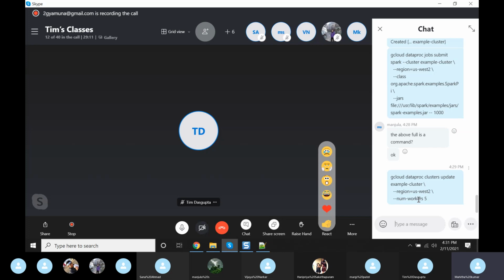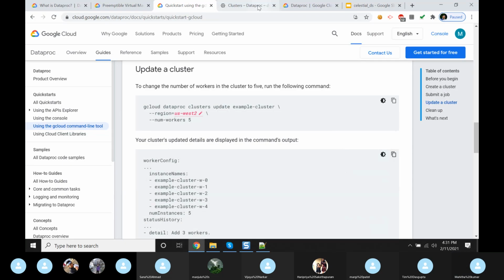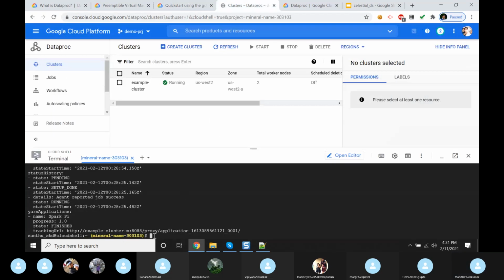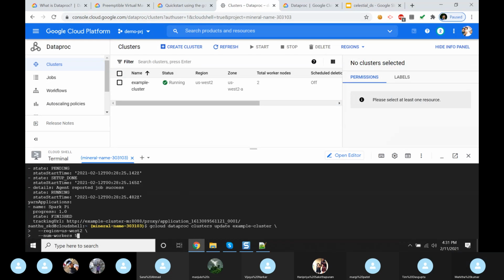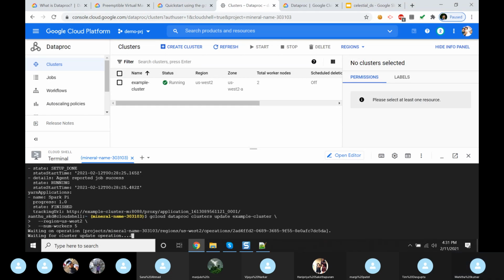We are giving 5 workers and the region is same. Again, modify the region according to yours. See the cluster we created earlier, it got modified. The worker nodes are 5 now. So we can modify like this.